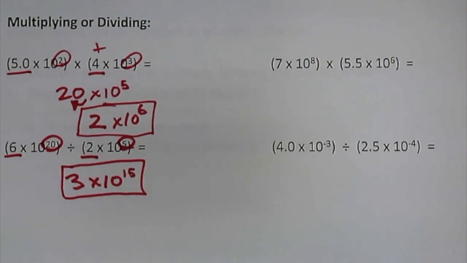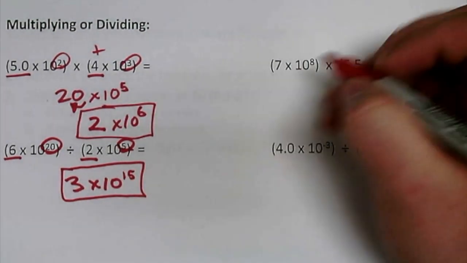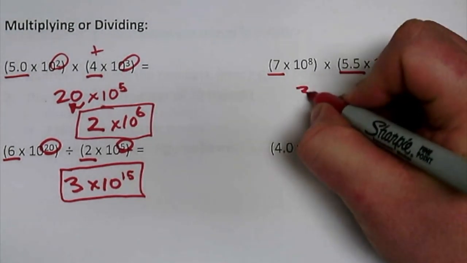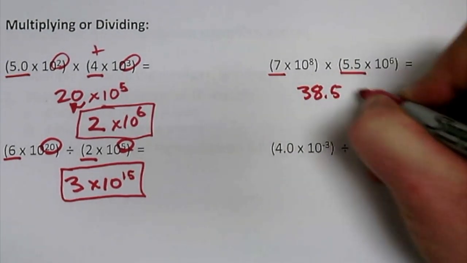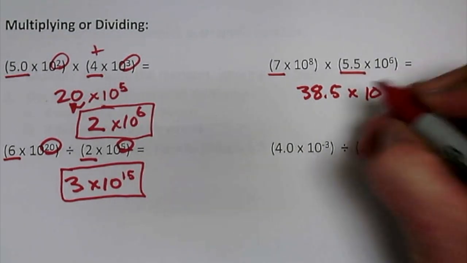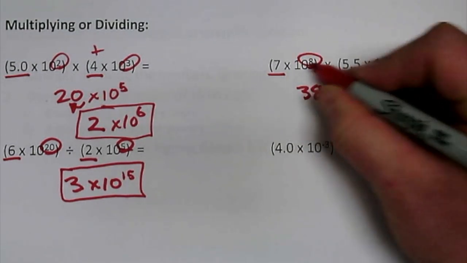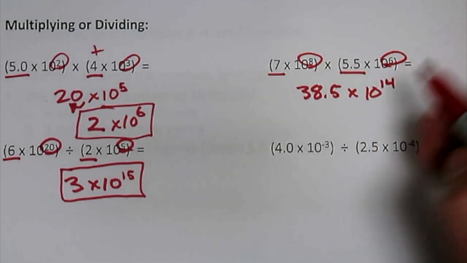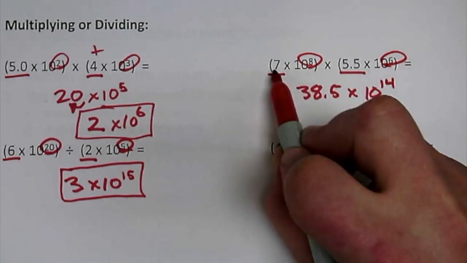Got an answer? Okay, so we are going to multiply 7 by 5.5, and I get 38.5, and then times 10 to the power of, I'm just going to add these powers. 8 and 6 make 14. Now, significant figures. This one only has 1, that one has 2, so I have to round,